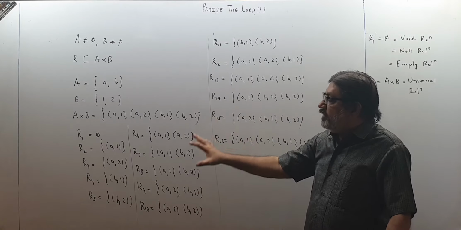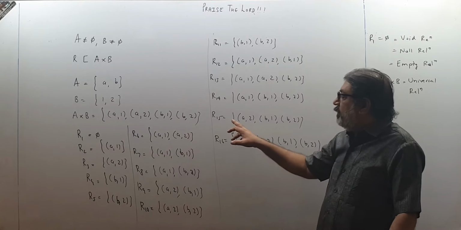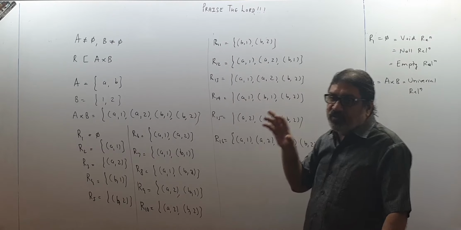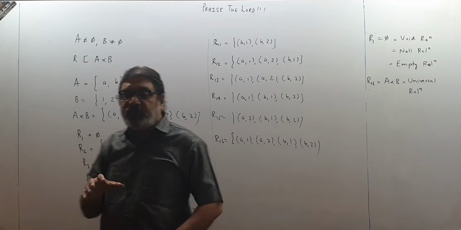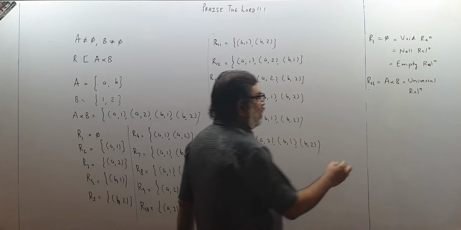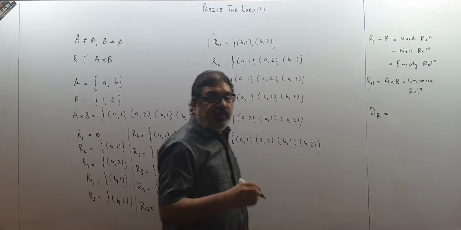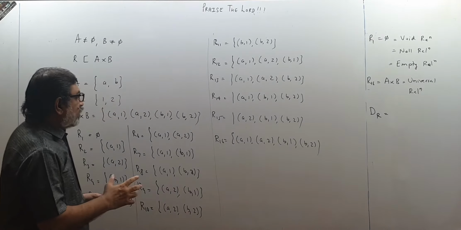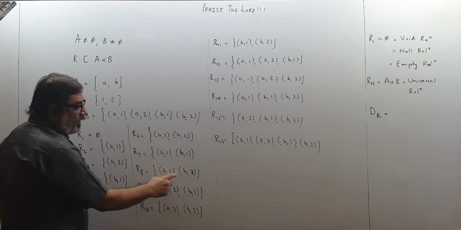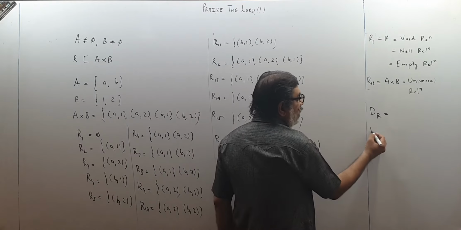The collection of first elements in this relation, what will be the domain? a. In this relation, what will be domain? ab. In this relation, what will be domain? b. Like this you have to think. The collection of first elements will be called the domain of the relation, written like this: domain of the relation, Dom R. That will be the collection of first elements. Collection of second elements, like over here only 1, here only 2, here 1 and 2. So that collection will be called range of the relation, Range R.